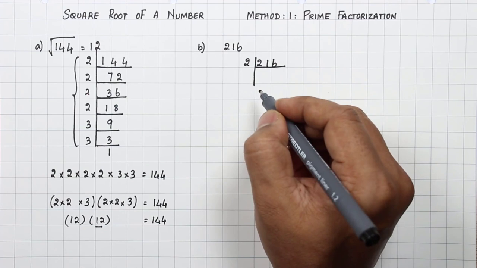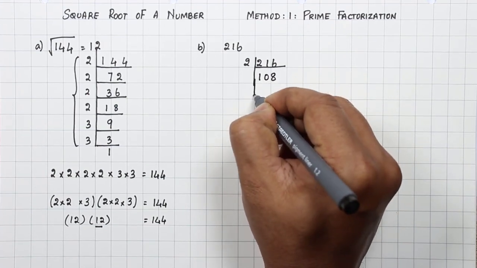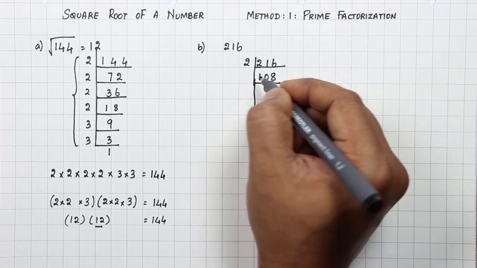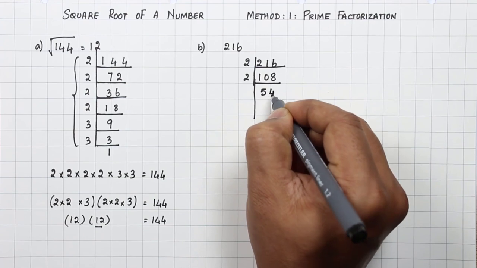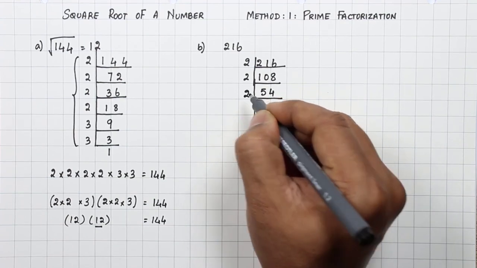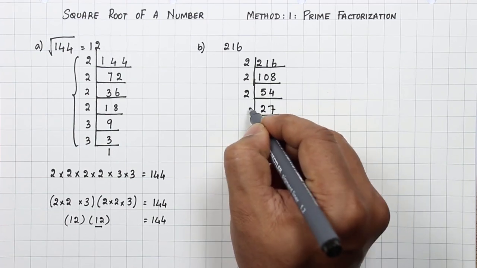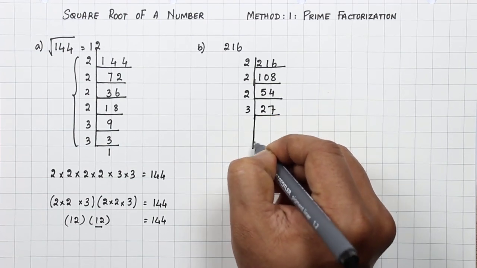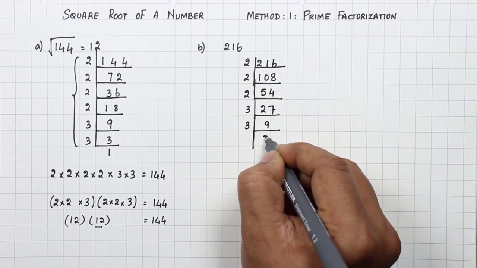When you divide it by 2, you get 108, and again you divide this by 2, so you end up getting 54. Again dividing it by 2, you end up getting 27. So divide this by 3, so you get 9. Again you are going to divide this by 3,